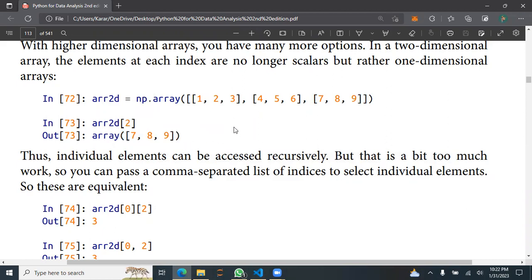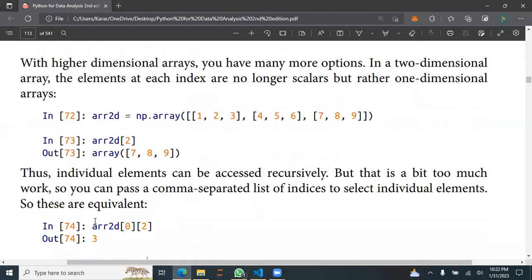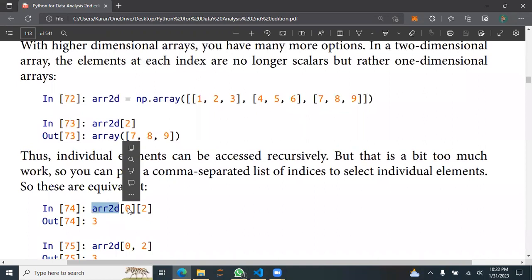But if I want a specific thing from the last list, then I again need to specify another square bracket, and inside that I need to pass the index of that item. So in this particular case, go to index 0, it will go here, and then I'm saying again go to index 2, so it will